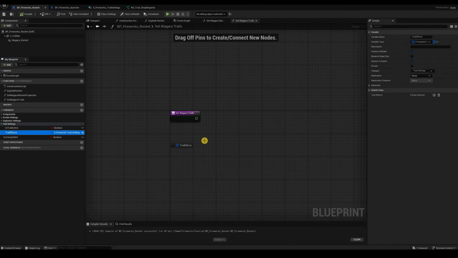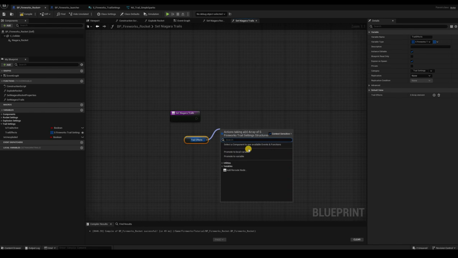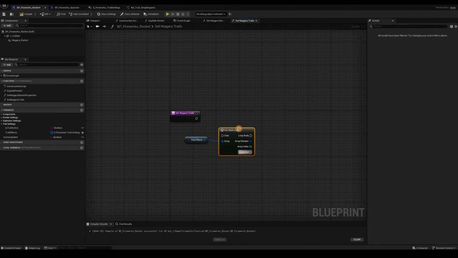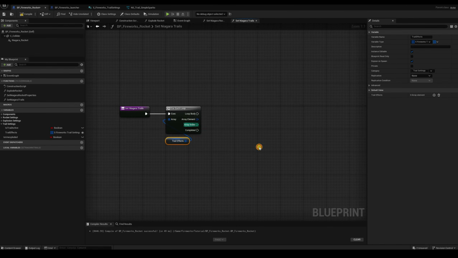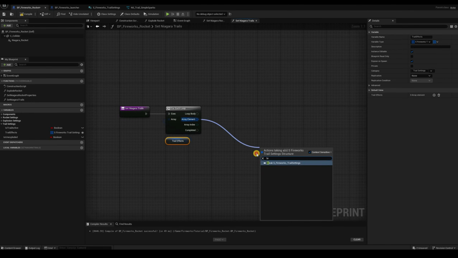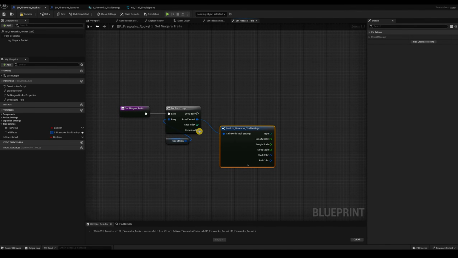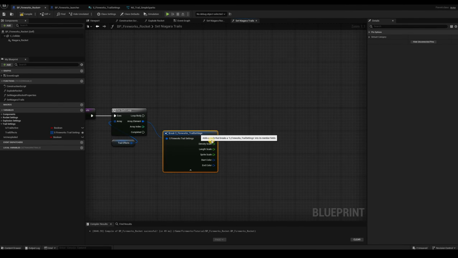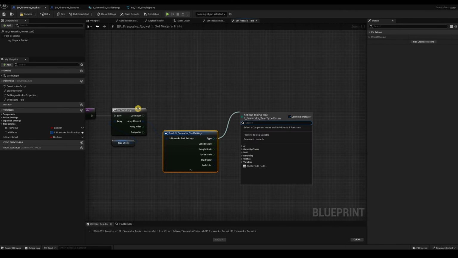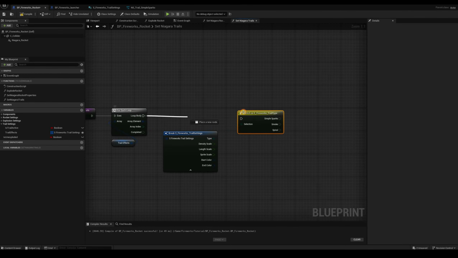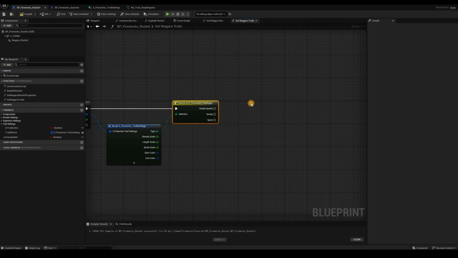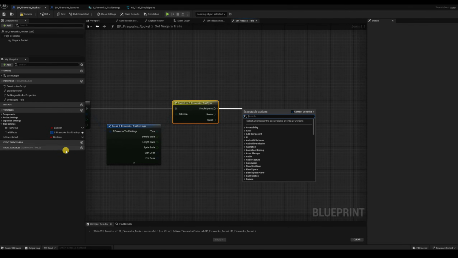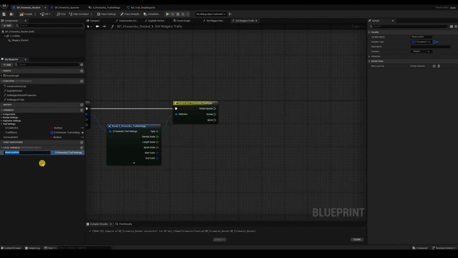Let's get our trail effects, and for each one of these, let's get a for each loop. Let's take our array element and break this into its different components. So let's switch on the different types. And let's say if it's a simple sparks, we could also create a temporary variable. Actually, let's do that. Let's create a temp